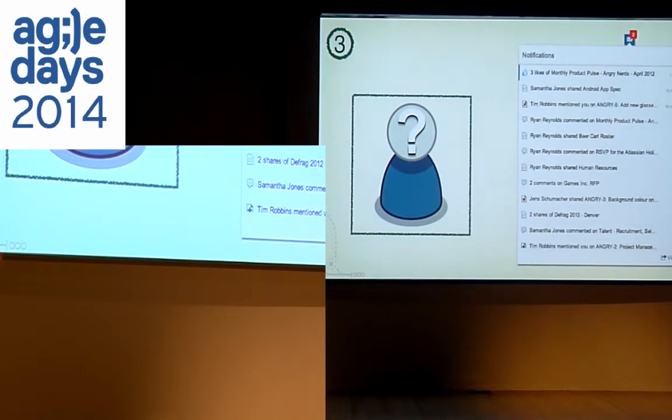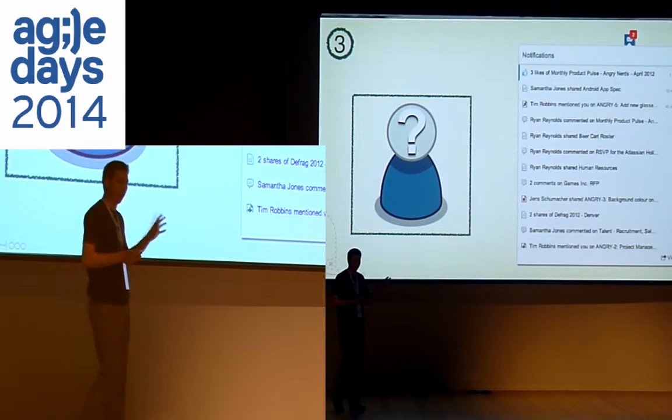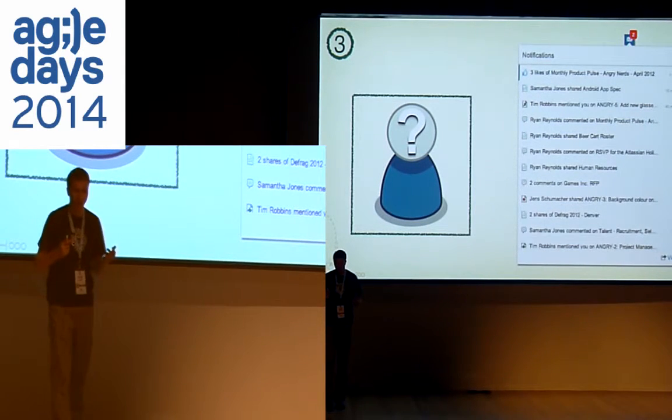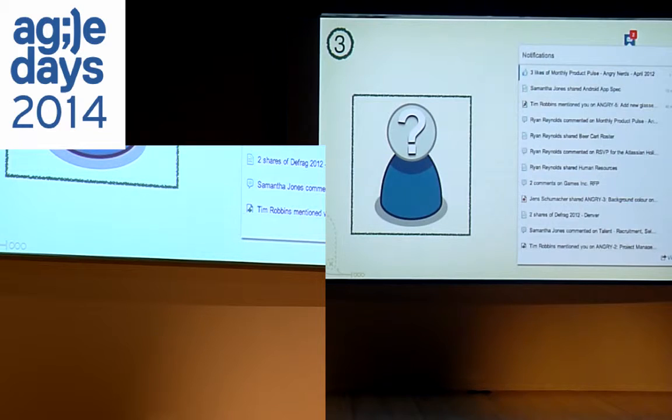So let me use an experience we've had with implementing the Workbox feature for Confluence. It was a very important new feature, but when we first started working on this project, it was initiated by a vision. We knew it would help users collaborate faster, but we were not sure what kind of users would find it the most useful, or what the profile of this user would be. The Workbox feature takes all the notifications and tasks from all the applications that we have, and puts them into a list.